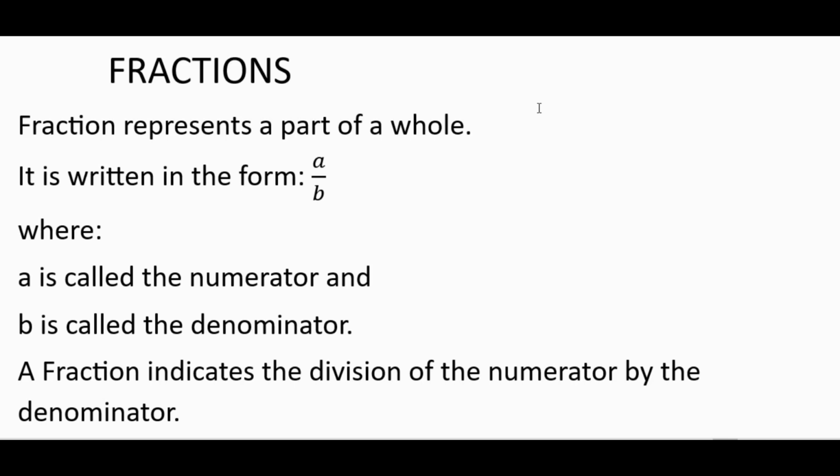That is, if you have a full orange, a big orange, and once you divide that orange into two equal parts, now that orange has become a fraction, because one part of the orange that you have divided into two has become a part of a whole orange, and once you add them together it becomes a full orange. So that is what fractions simply represent, and a fraction is written in the form of a over b, that is a divides b,